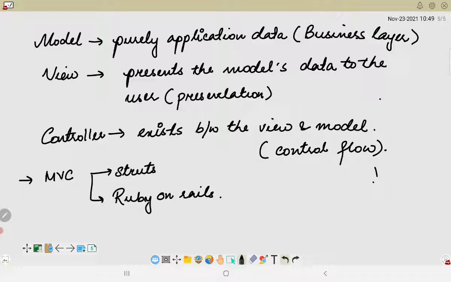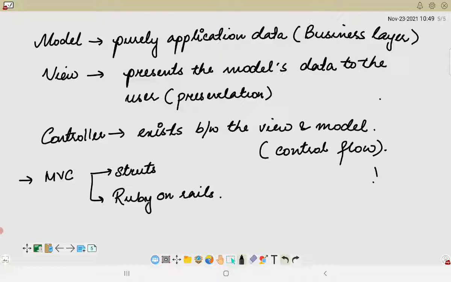Okay, so as already mentioned, if we have a browser, the browser will send a request through the view layer to the controller layer, and the controller layer would be gathering information and updates from the model layer, and then the controller layer will update the view layer, and the view layer will be checked by the user through the browser.